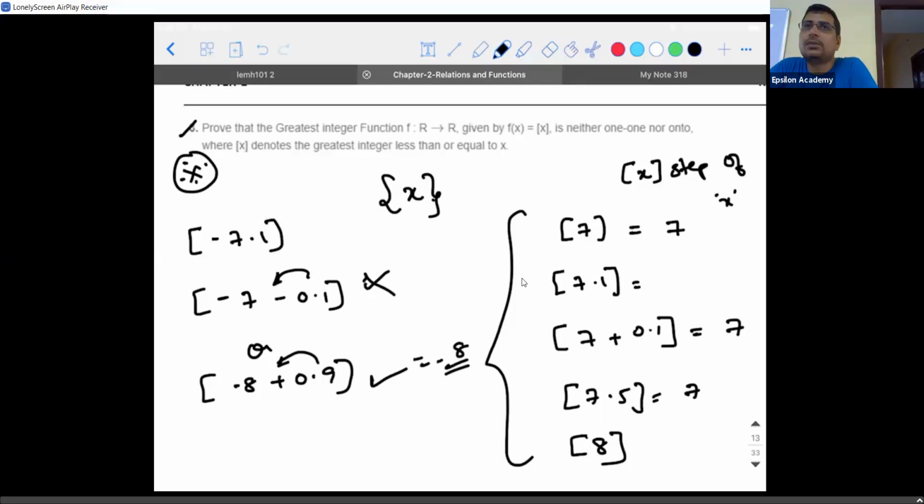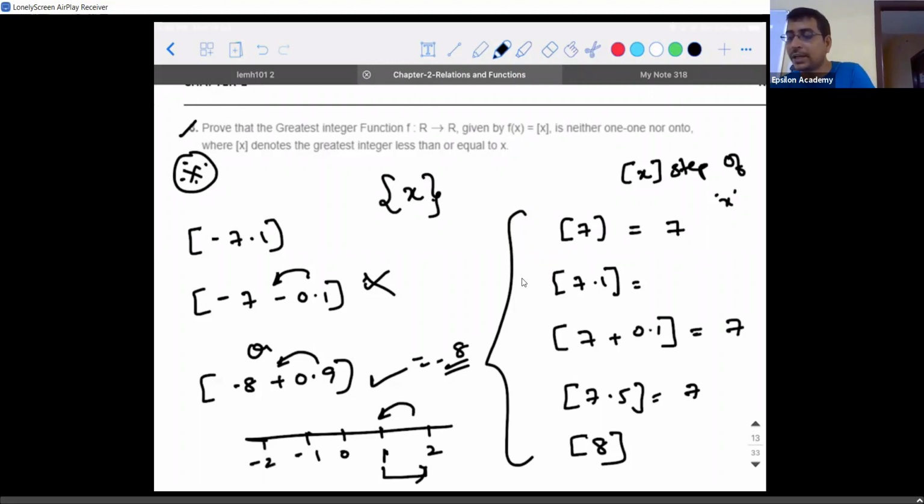What is the greatest integer of minus 12.1? Minus 13. It will be the number on the left. If you take a number line 0, 1, 2, the greatest integer from 1 to 1.99 something will be 1. The greatest integer of 2 to 2.9999 will be 2. Similarly, the greatest integer of minus 1 to minus 1.999 will be minus 2, any number on the left hand side. Are you able to visualize this function?